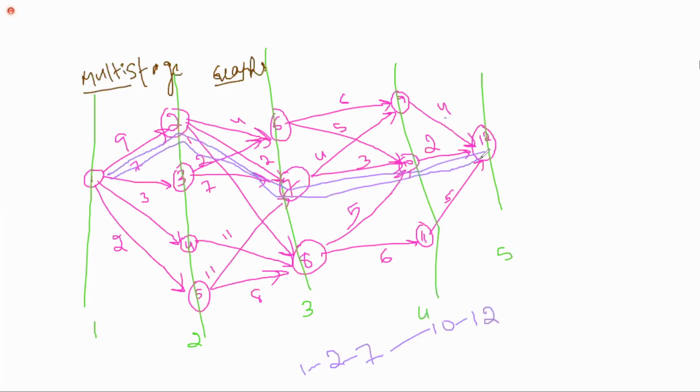Same like dynamic programming, at each and every stage, instantly you have to take a decision. That's why from stage one, you take a decision that 1 to 2 is minimum. Next at stage 2, again you take a decision that 2 to 7 is minimum. At stage 3, again you take a decision 7 to 10 and so on. Is it clear? Did you understand why this problem comes under dynamic programming?